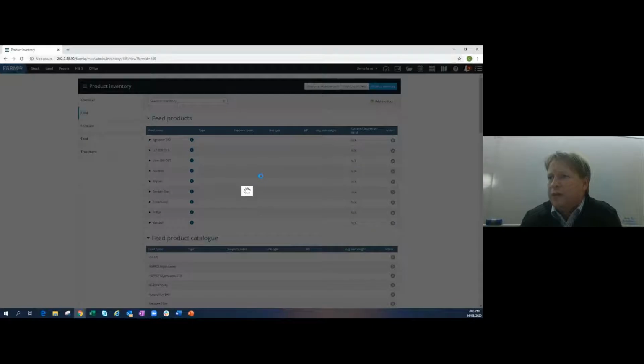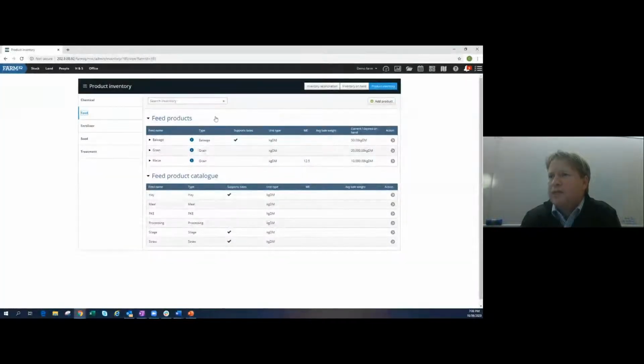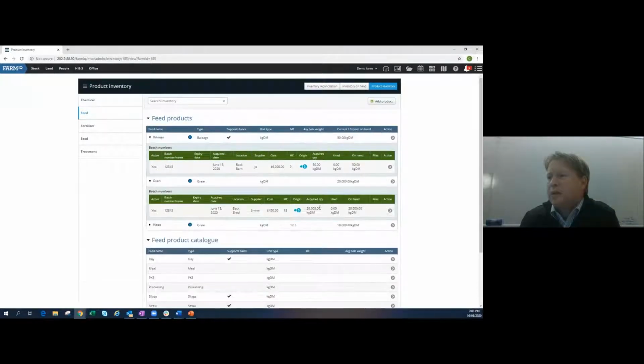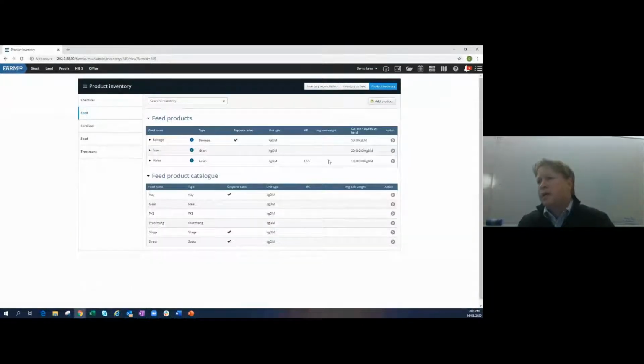And when I click on feed, so hopefully everyone's seen this. If you haven't, FarmIQ can hold all farm inventory, so chemical, feed, fertilizer, seed, and treatments, and also fuel and under assets as well. Under here, I've gone through and added some baleage, some grain, and some maize, and how it's all on farm. It is quite important to make sure they are in there, because this inventory does also flow through